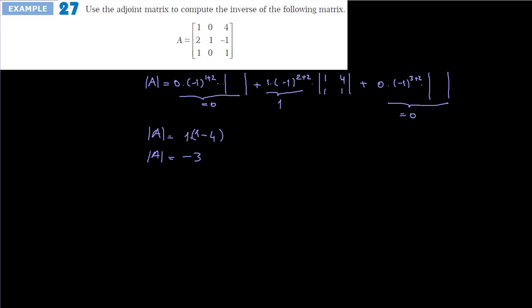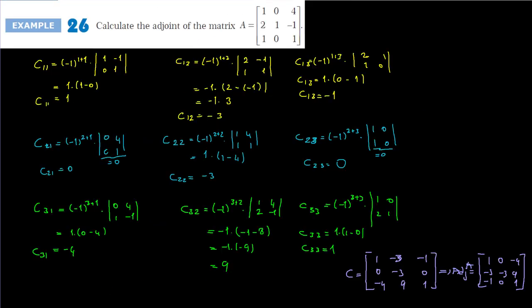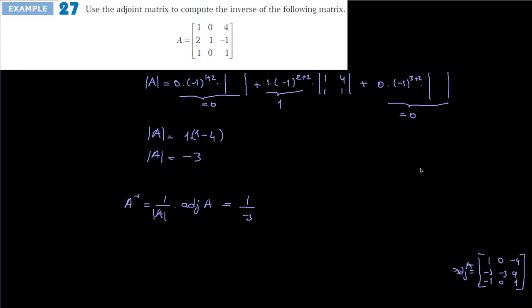Okay, if the determinant of A is equal to minus 3, then by using the adjoint form property, the inverse of A is going to be equal to 1 over determinant of A times adjoint of A. And here it's 1 over minus 3, and from the previous page I'm going to take this part, adjoint of A, and copy and paste it here, and we are going to multiply by 1 over minus 3 this one, and it's going to be equal to